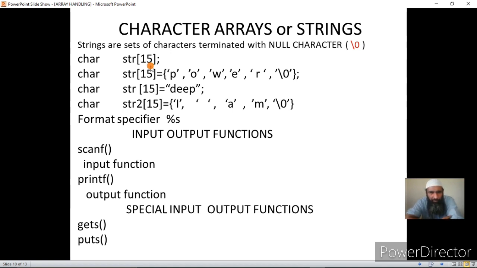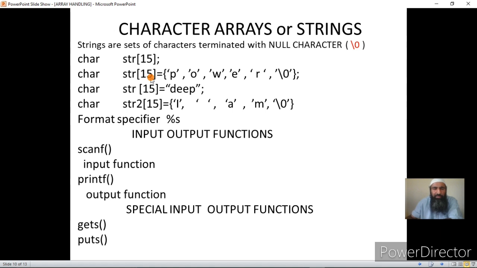Now if you have a character array, say str of 15, you can initialize its variables. Now how many values can you give for these variables? Only one value for one element. I have already shown you how we initialize a single variable. We give a single character constant in it. In this case we can give 15 character constants maximum, but since it is a string, it should terminate with a \0.